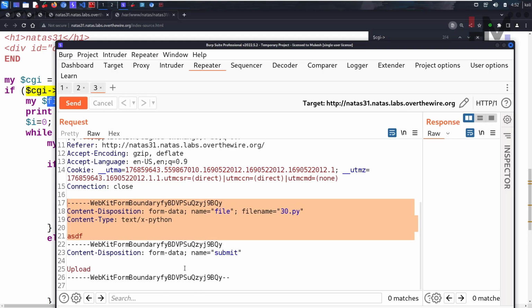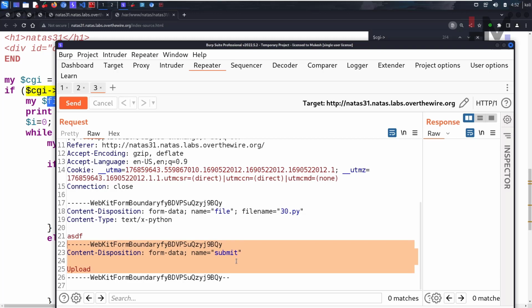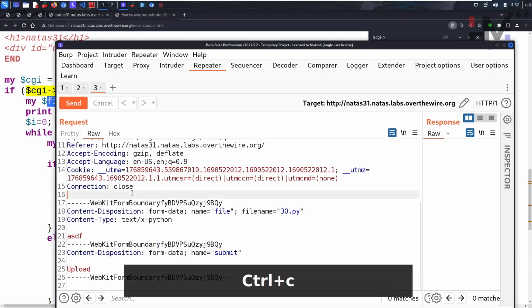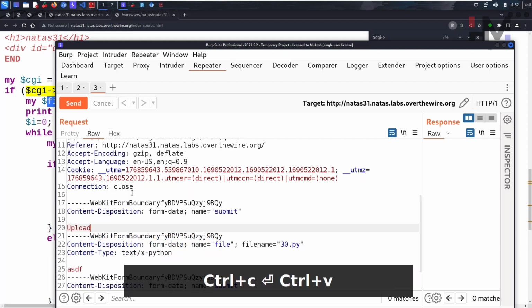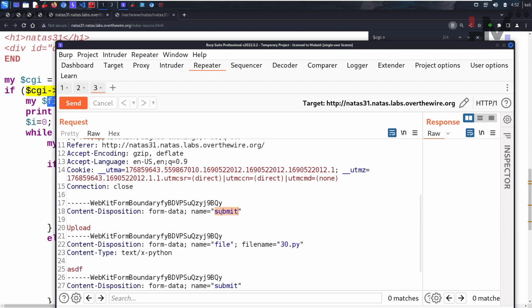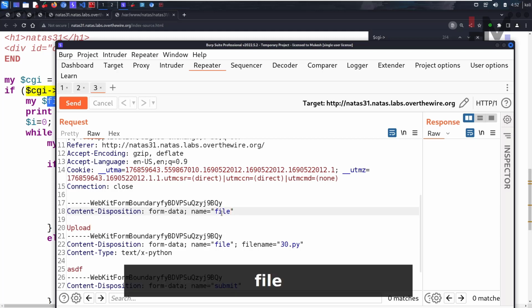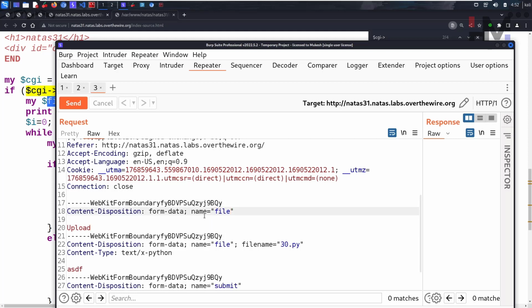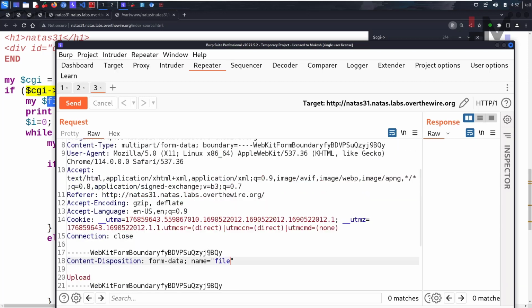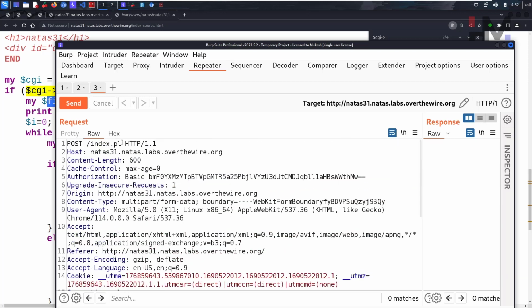So what we will do is, let's capture any one of them because both are form data. Let's capture this one, copy, and from here let's paste it, and let's rename it to file. Okay, so this is done. And in this file, what are we actually keeping? So what we can do is, we can just go up, and here we can actually keep the file name